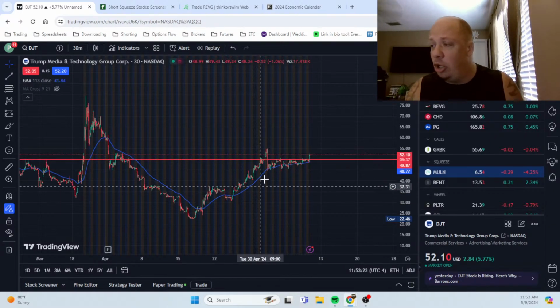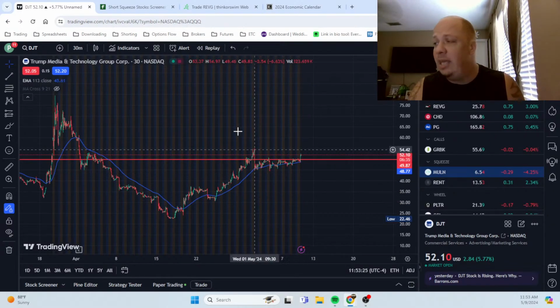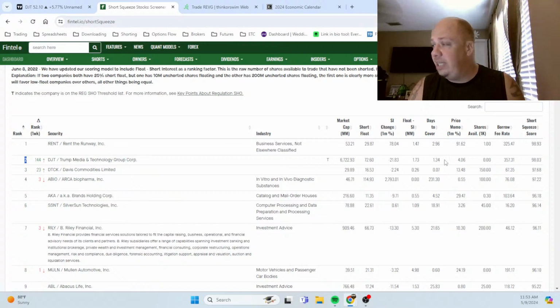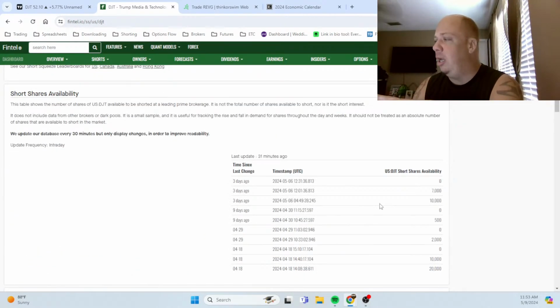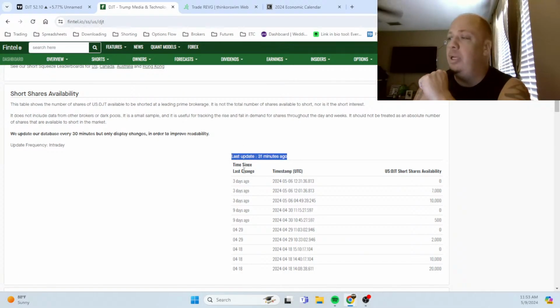This one's a good spike, but it's over the period of a couple days. So the DJT would be really good to watch. I actually went in there yesterday and I was looking at the amount of shares. So this gets updated pretty frequently, but sometimes they don't report, but the last time that they reported was 3 days ago, and